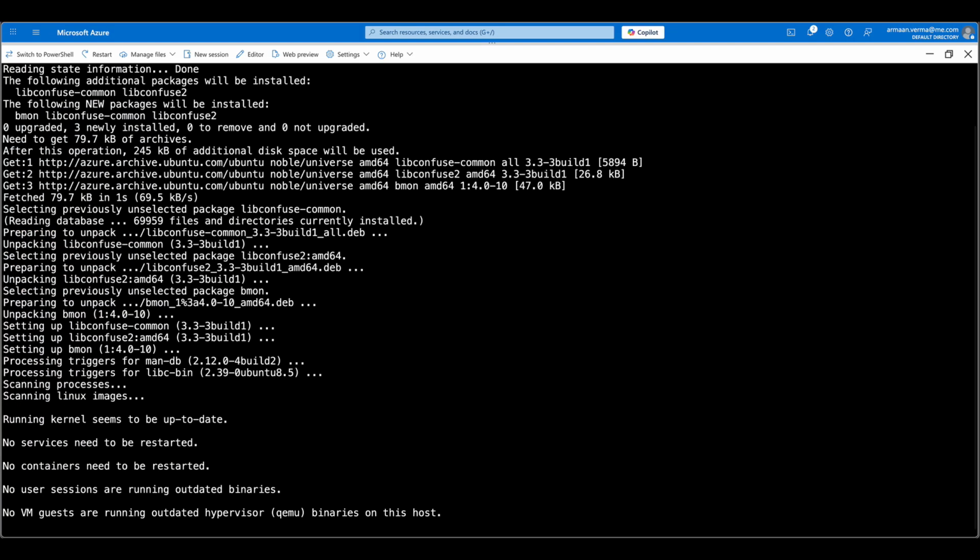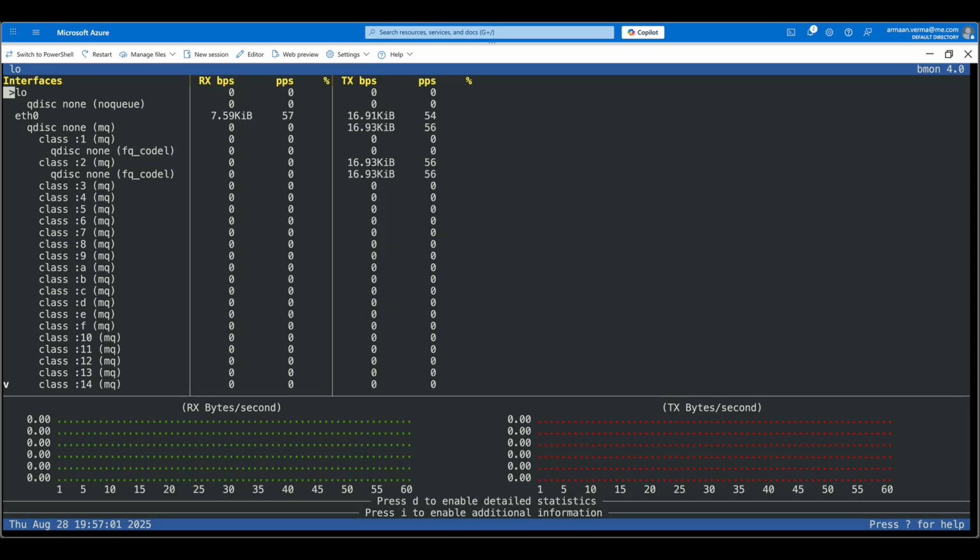Some flavors may have it, some may not, so you just need to install it and run the command bmon, and it is going to show you the information about your data, which is very interactive over here. It is the newer version of the iftop command, which gives information on how much data is transmitting and receiving,